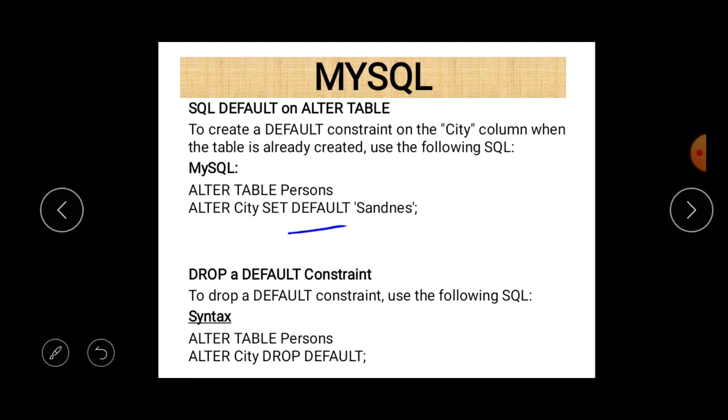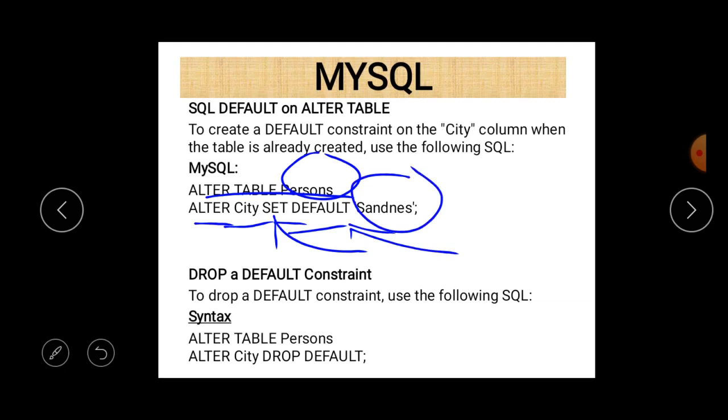So here you can easily see that. First of all, alter table, the name of the table, that is person in this case, and then alter the column city, and we write the set keyword, and after that default, and give the default value, and since it is a string, we write it in single quotation marks.